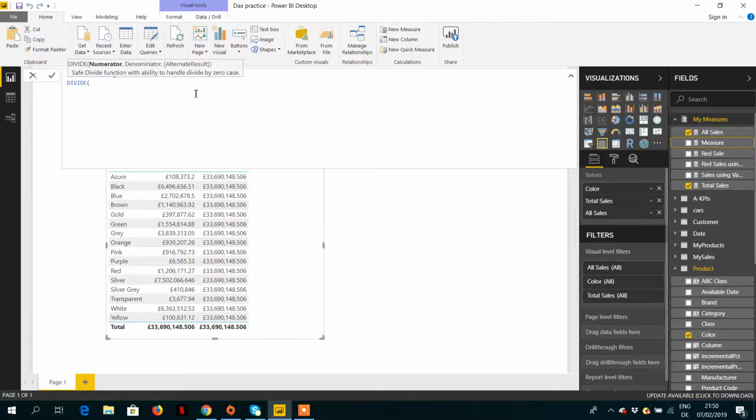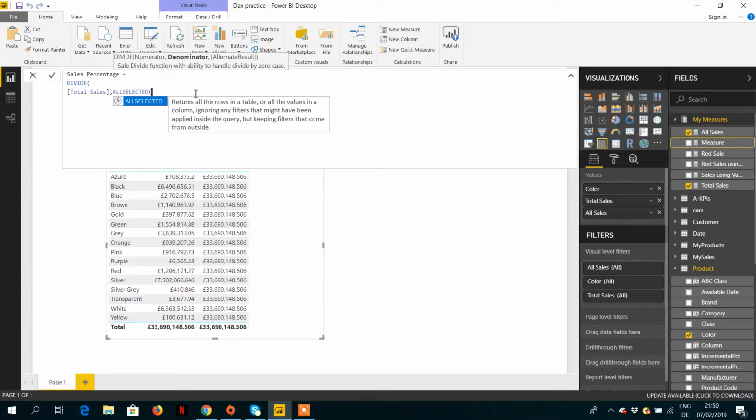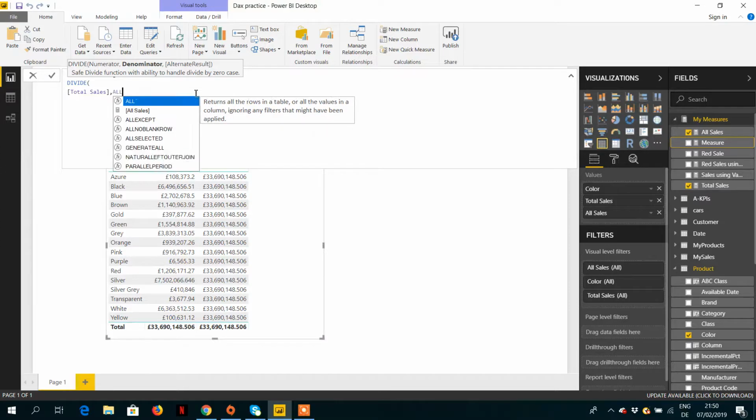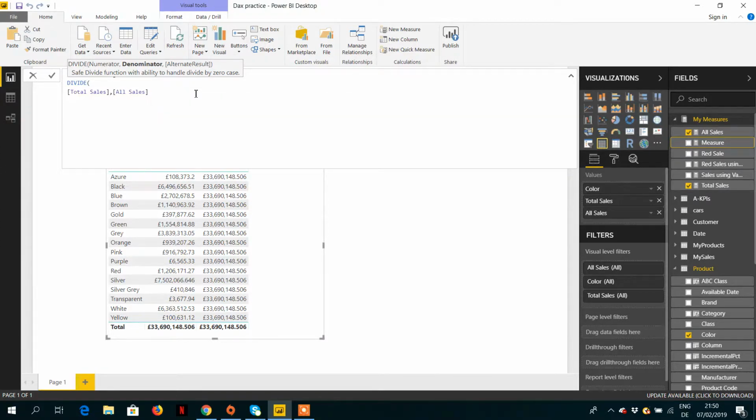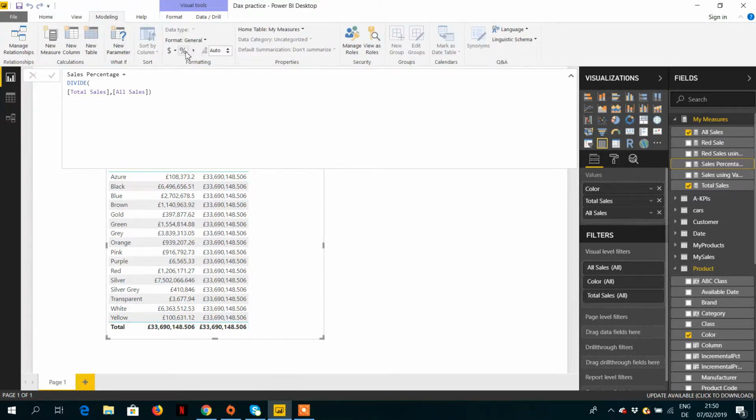The first is the numerator, which is Total Sales, and the denominator is All Sales, and we can confirm it. Then we have to select Sales Percentage and change the type to percentage.